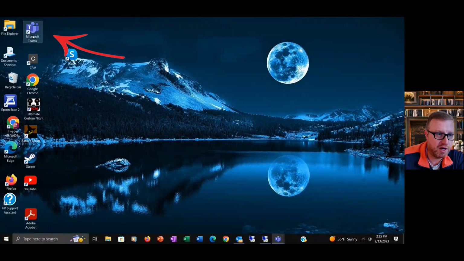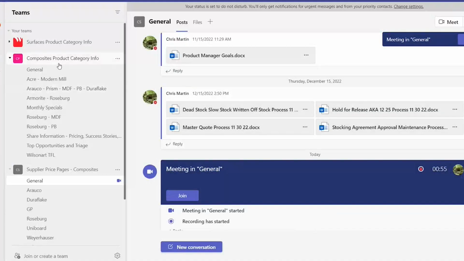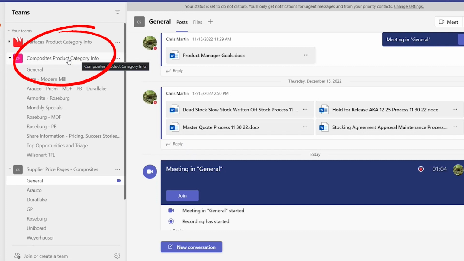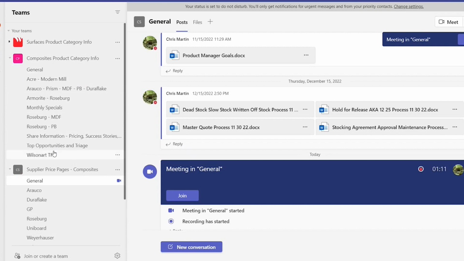The Composites Team Channel has been started through Microsoft Teams. For those of you that aren't familiar with Microsoft Teams, let me show you how to get there. This is a Microsoft Teams icon. You double click on that, and it's going to take you to a page that looks like this. If you are a member of a couple other Teams channels, you want to look for the Composites product category info. And if you click on that, you're going to see a couple different